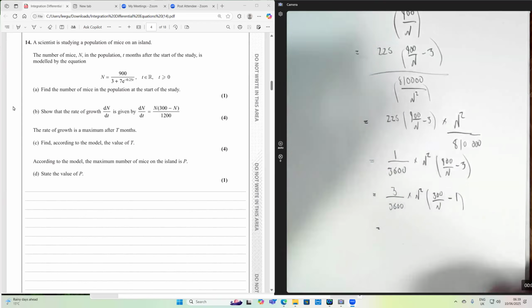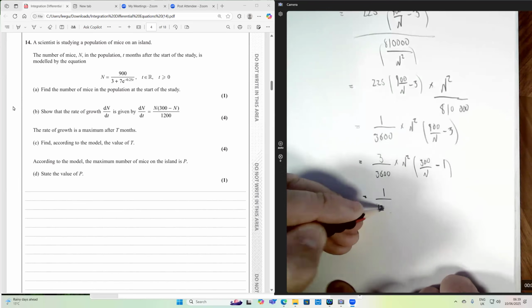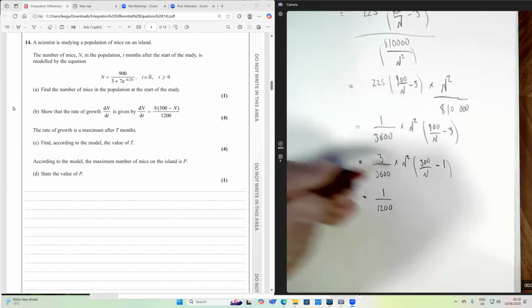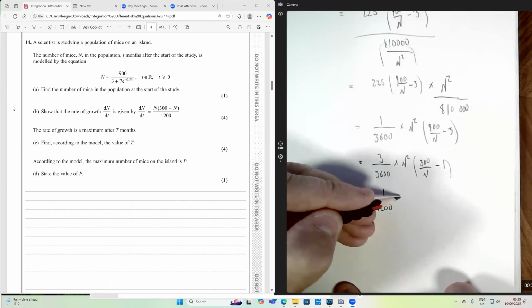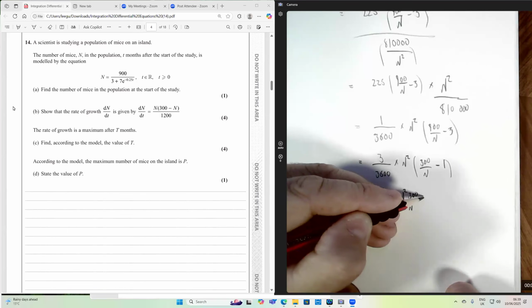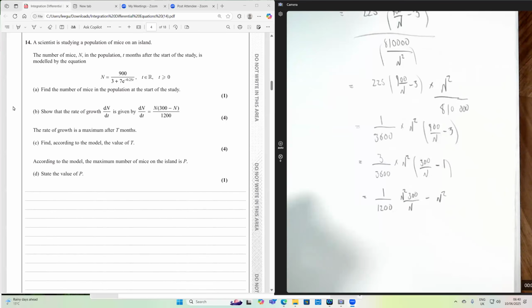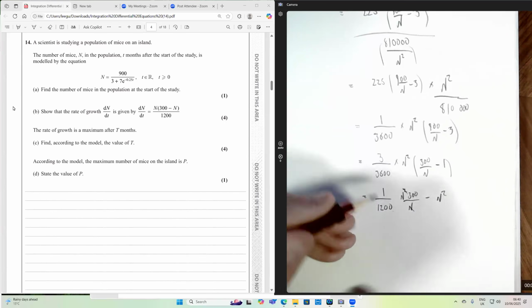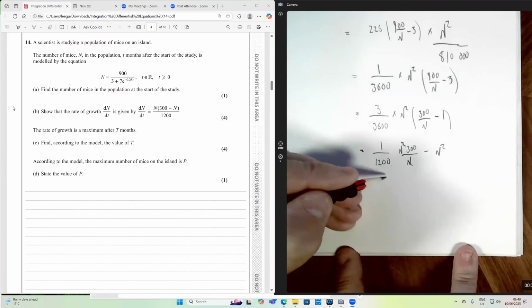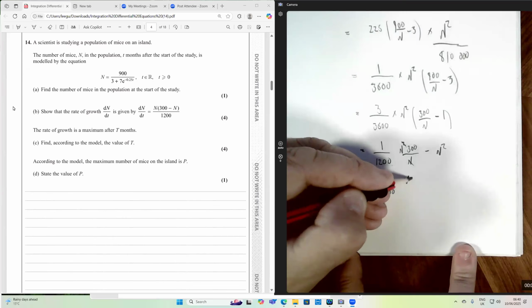And then 3 over 3,600 is going to be the 1 over 1,200 that we need. So that is 1 over 1,200. And then let's expand this bracket now. So we're going to have n squared over 300, over n minus n squared. Okay, so that can cancel and that can cancel. So that gives us now, we've got it now, because we've got 1 over 1,200 times by n times by